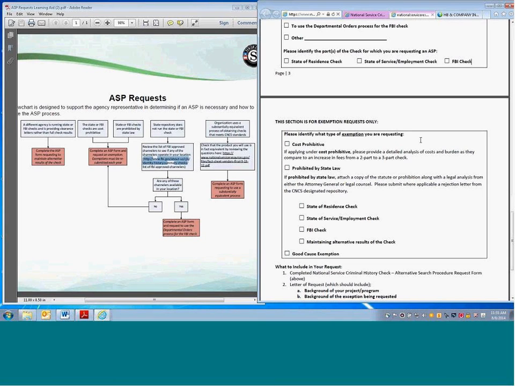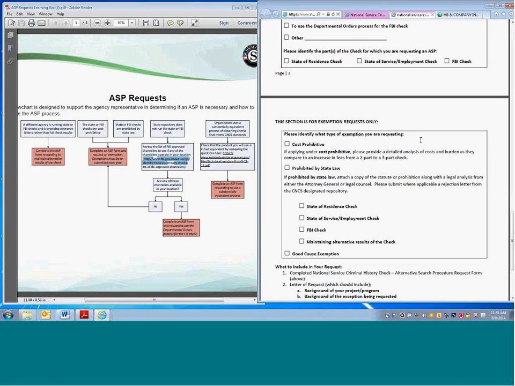So the alternative search procedure request can get a little bit tricky, so I wanted to also share some success stories with you about grantees in states that have successfully navigated this process. The tools and support you can use to expertly manage your ASP, and we're going to take a look at 2 states that have done so. The first example is in Massachusetts, where many grantees in the state encountered an issue when